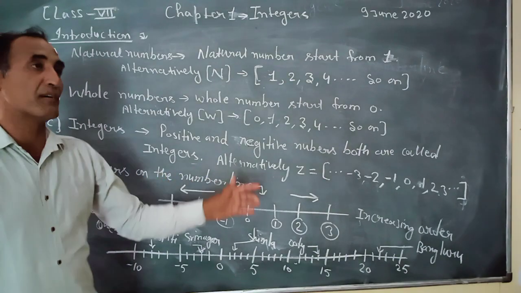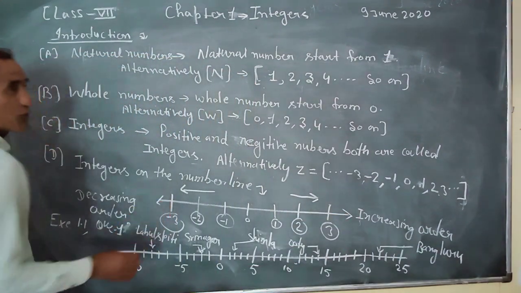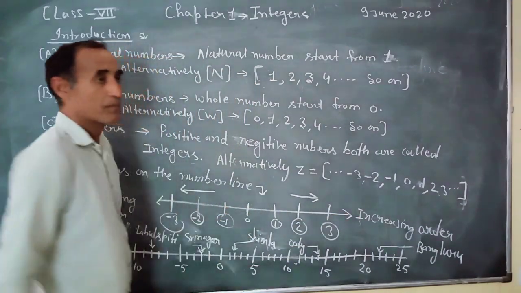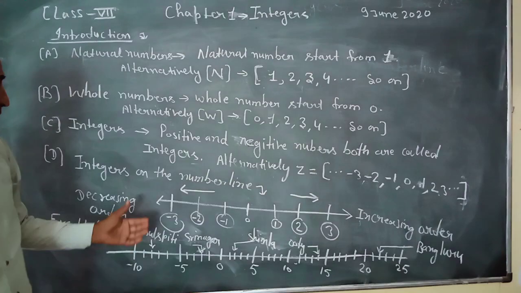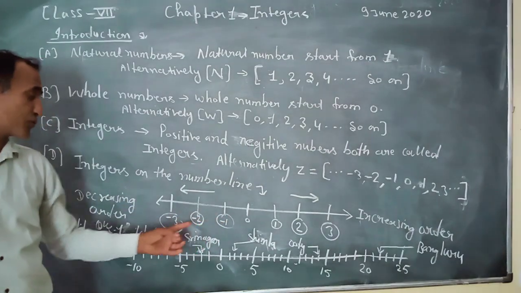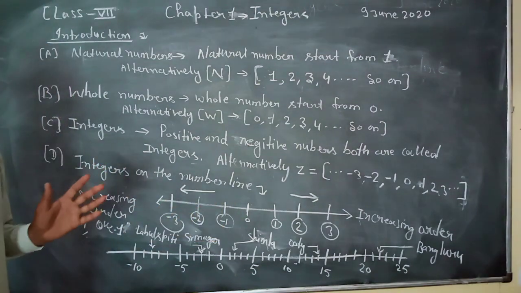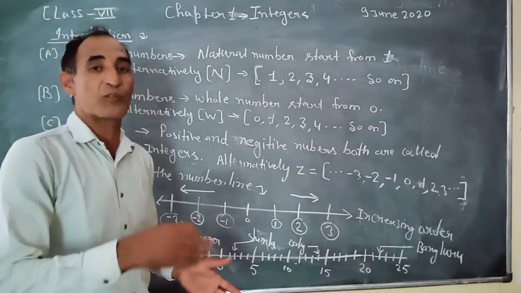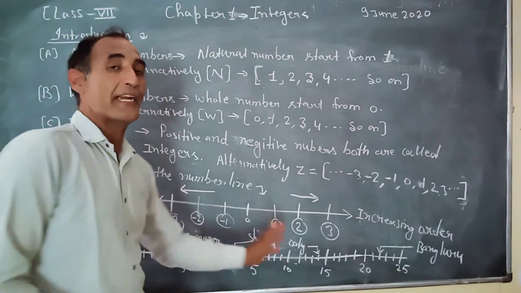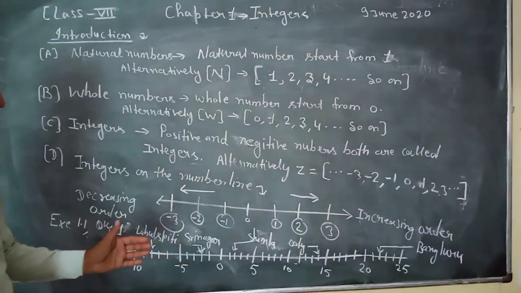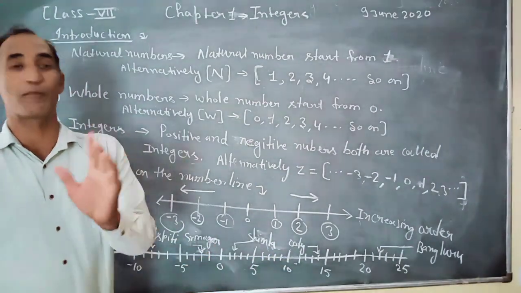Integers are put on the number line. We draw the line, and on this line we put the numbers: 0, 1, 2, 3 and so on. It means it is the increasing order. Second thing, -1, -2, -3, it is the decreasing order. It means it is the smallest number. So we put the positive numbers on the right hand side of 0, and we put the negative numbers on the left hand side of the 0. So already I drew the number line of question number 1 of exercise 1.1.